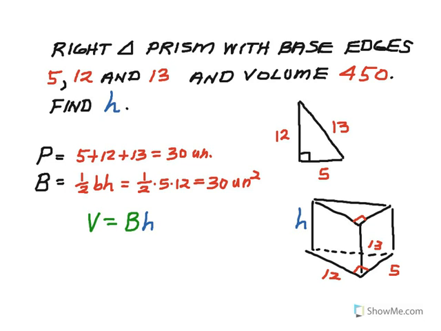So filling in, because I know that the volume is 450, and it's equal to the base area, which I already computed up above as 30 square units, times h, the height. And then it's just simply dividing both sides by 30 to find that the height of the prism must be 15 units. So be sure to make pictures, and as long as you accurately compute the perimeter of your base